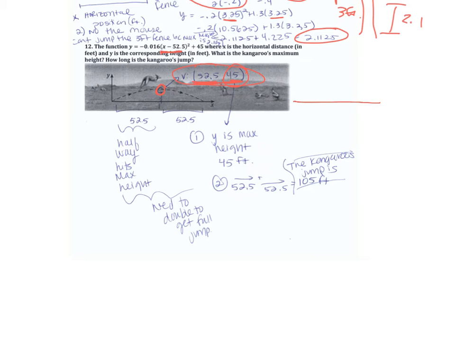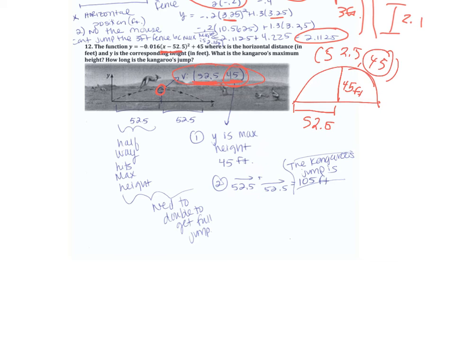So we know that the kangaroo jumping, the height of the jump is 45, and the units they say is feet. The x-coordinate is how far out to that halfway point we are. So we're 52.5 feet out. So the question is, what's the kangaroo's maximum height? So again, max is the y-coordinate of the vertex,